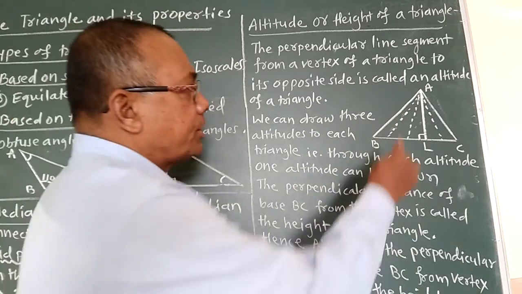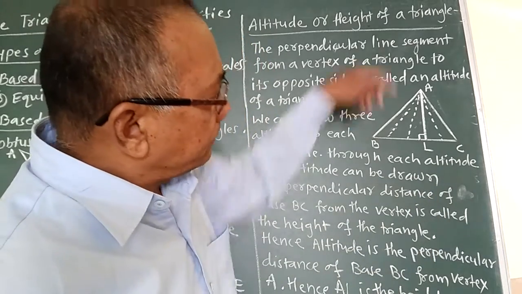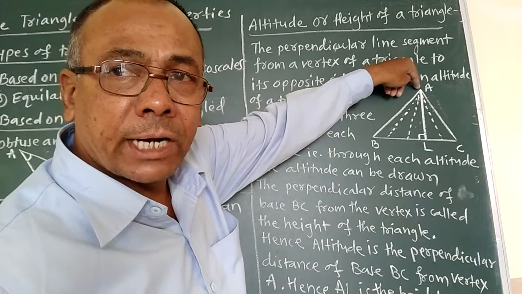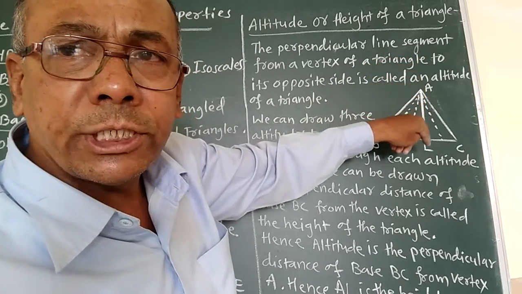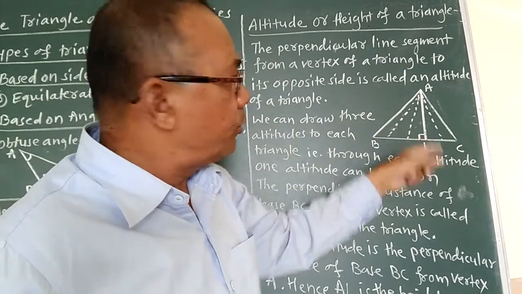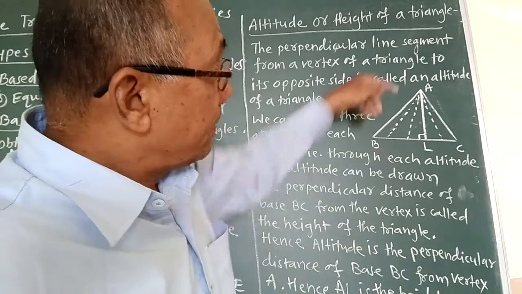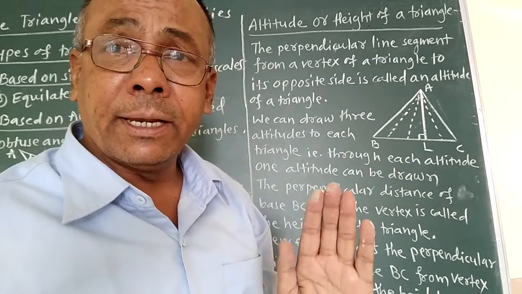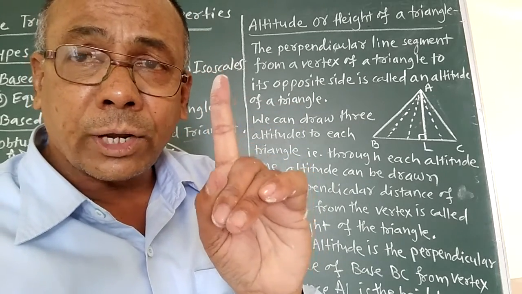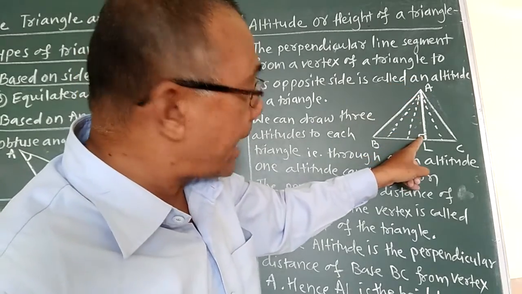Here if we consider the triangle ABC, and here we have to draw a perpendicular from the vertex to the opposite side, that is, the opposite side of vertex A is BC, and we have to draw only the perpendicular, not the midpoint. Means perpendicular means the line segment intersecting the opposite side at 90 degrees or at a right angle. Means AL, it is a right angle.